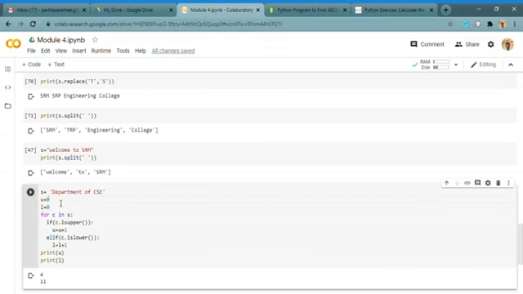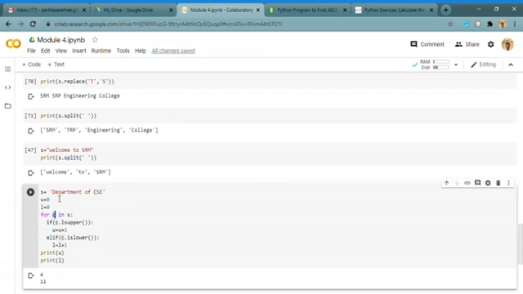So first step, I have a string. Then I declared variables to store the number of uppercase and the number of lowercase, and I initialize them with 0. Now for C in S, first I am taking C having the value D. If C is upper, it will see that D is upper. Yes, the condition is true. U equal to U plus 1, so the U value is increased by 1. Now it will come over here.